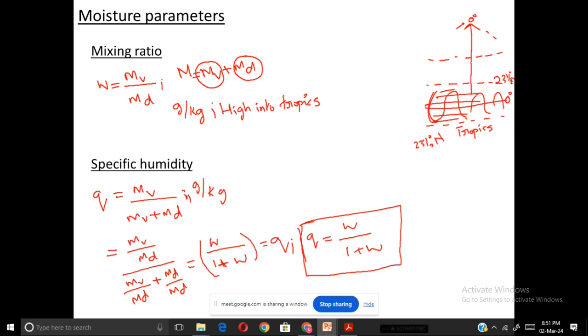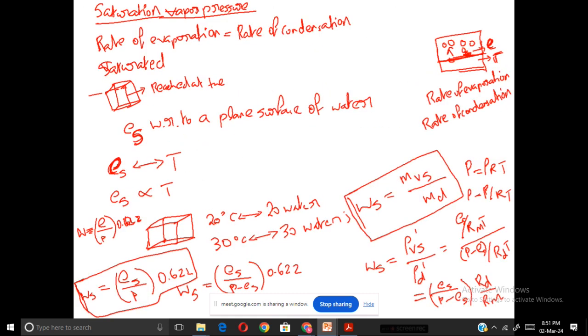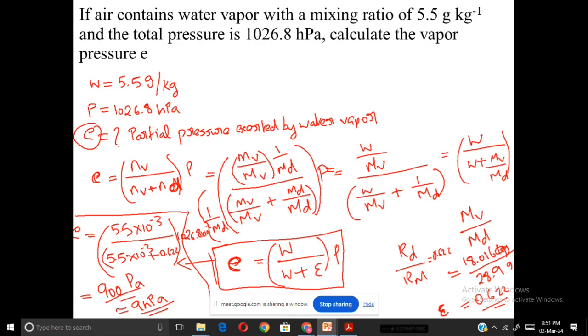And the second one we learned was specific humidity, which is given by the mass of water vapor to the total mass of air, mv by (mv plus md), which is again represented in gram per kilogram. Then we just learned the equation of vapor pressure in terms of mixing ratio, which is e equal to w by (w plus epsilon) into